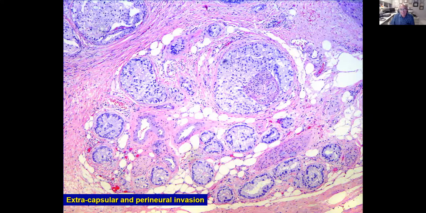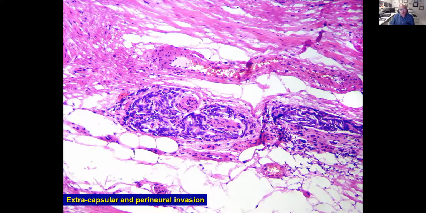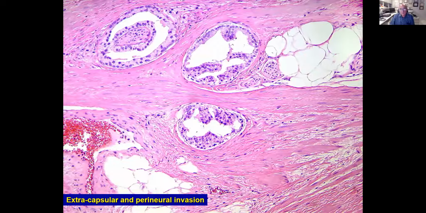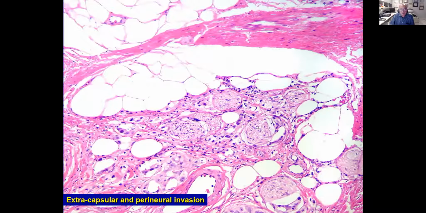This is from a whole prostatectomy, where you see a very overt invasion of the extraprostatic space, as well as here. These are just examples of perineural invasion and extraprostatic extension. Again, here, all the tumor is around the nerves, and even some